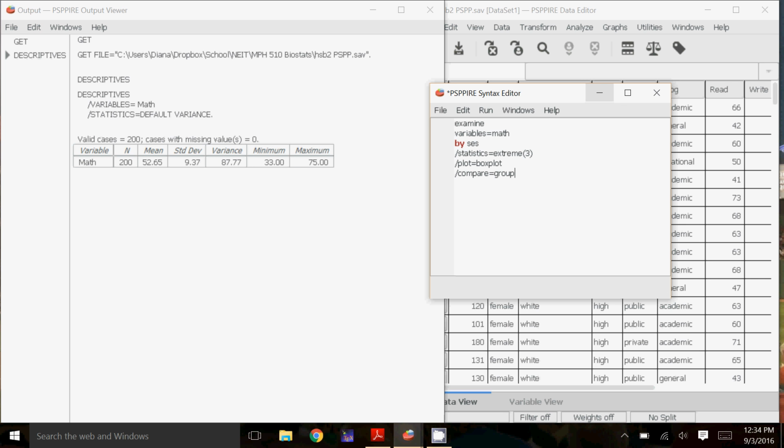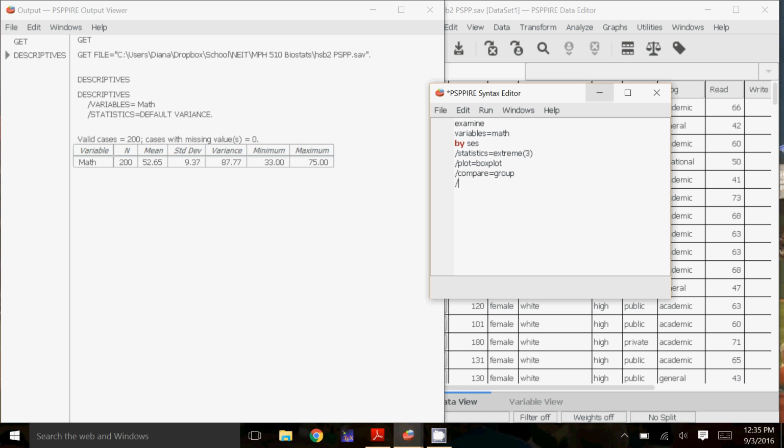what I want. If I did variable, it would do one graph for the low socioeconomic status, then it will do another completely different one for middle, and then a different one for high. And if I had more than one variable, so if I did math and, say, writing, it would do the low with the math and the writing together, the middle with the math and the writing together, and so forth. But I want one for the math and each of the socioeconomic statuses in the same group.